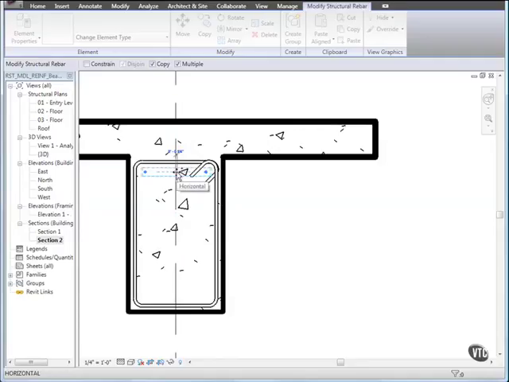Then move the cursor down to approximately the midpoint of the beam and click to place the rebar. Then move the cursor down to the bottom of the beam and click to place the second copy. Then press Escape